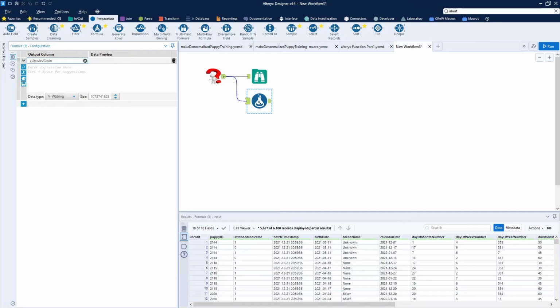And I always remind people, because I'm the one that violates this all the time because I forget to do it, that as soon as I create a new attribute, I like to go ahead and give it the proper data type. This keeps me from flipping forward in the process and wondering where an error came from, simply because I did not give it a good data type. Also, recommendations for what functions to choose as you begin to type reflect what your data type is. So attended code is going to be a V string,